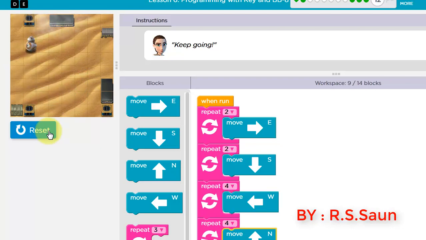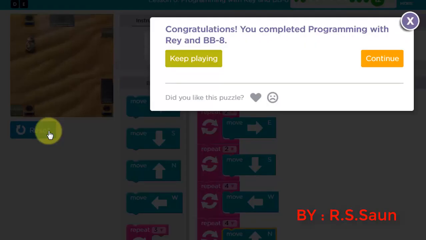Don't worry if you are not able to collect all four scraps at once. You can always try. This is how we learn. We commit mistakes, we learn from them, and we rectify the code and we learn. So you are learning, so there is no problem if you commit mistakes.